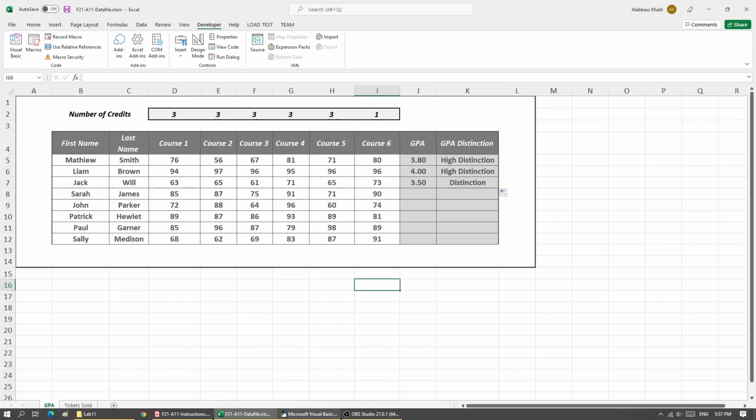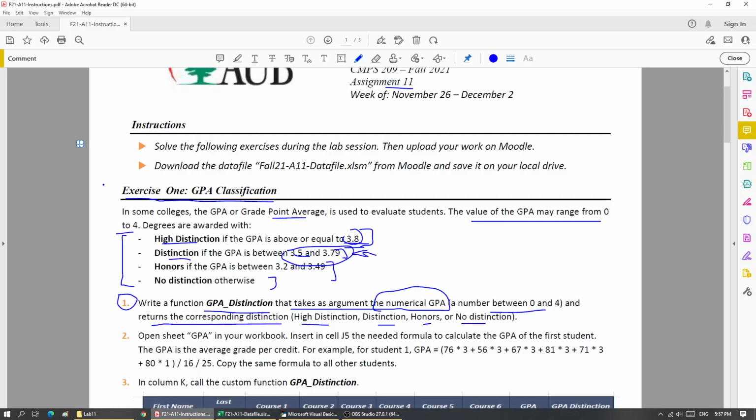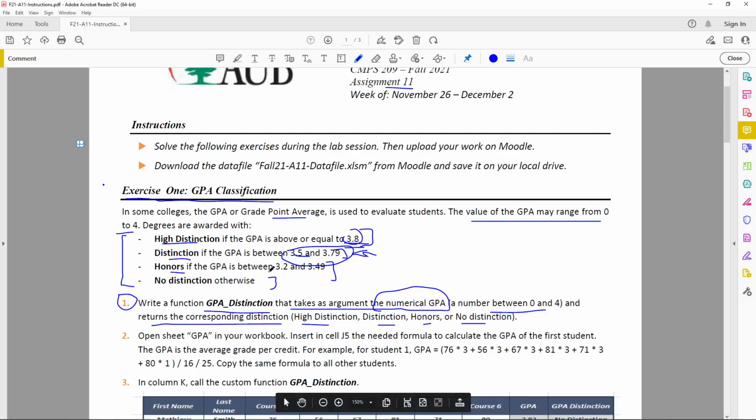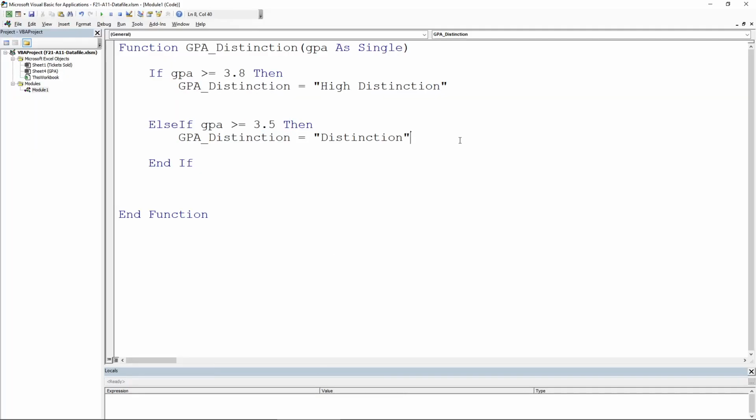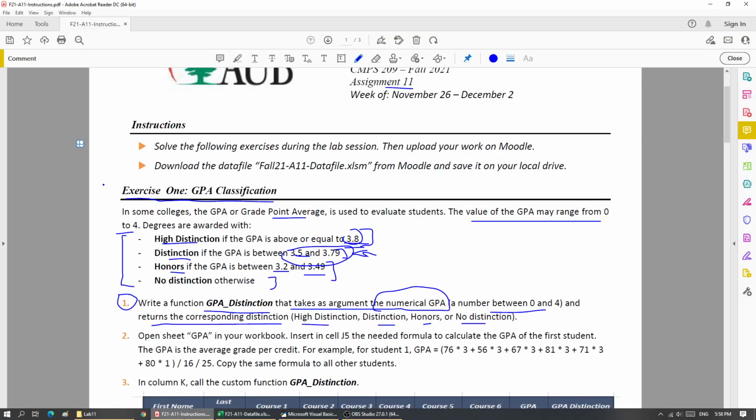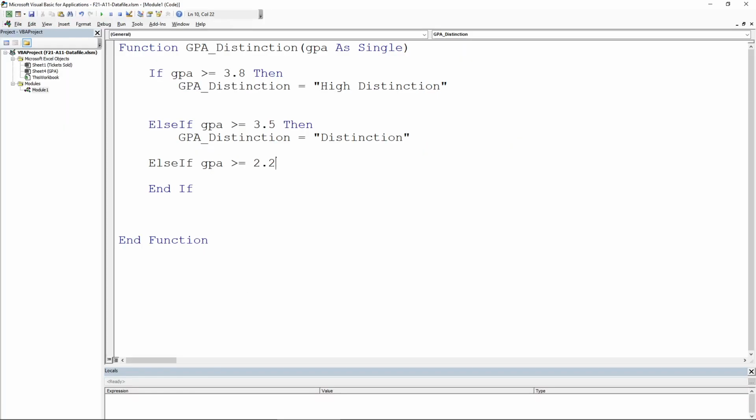Okay, so far so good. Now I'll just fill the rest of my if statements. So if I'm honors, I have to be between 3.9 and 3.49. But again, using the same logic, if I type in else if GPA is more than 3.2, was it? Why am I forgetting so much today? So 3.2. Usually, if it was on its own, I'd have to check again, and my GPA is less than